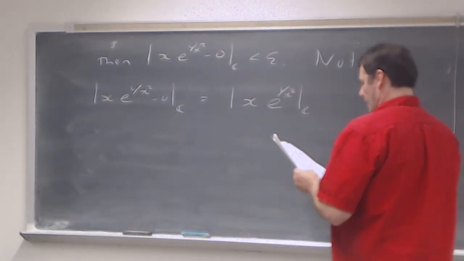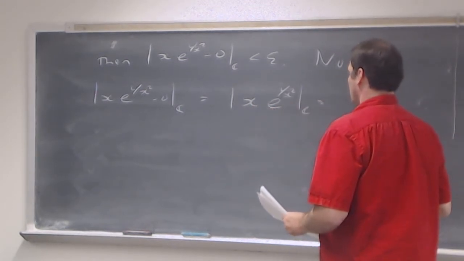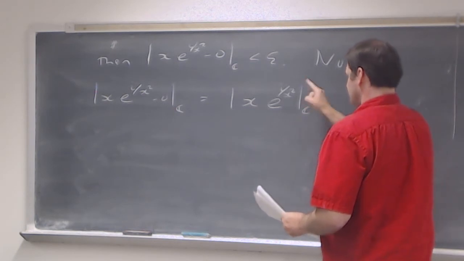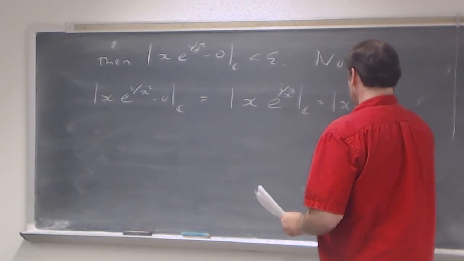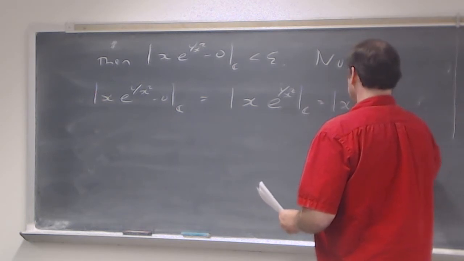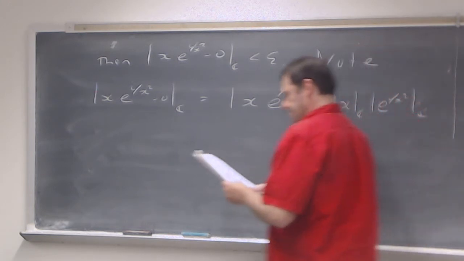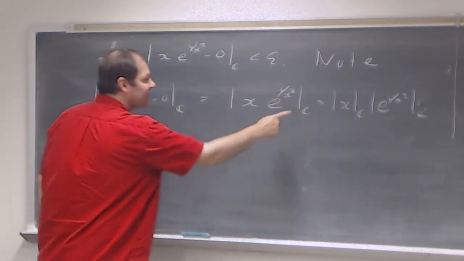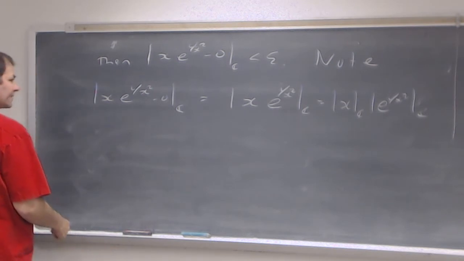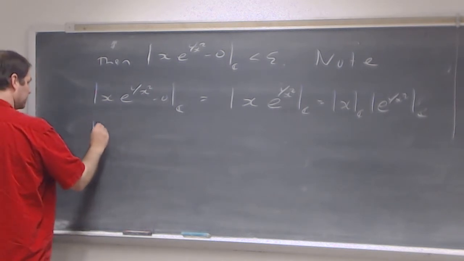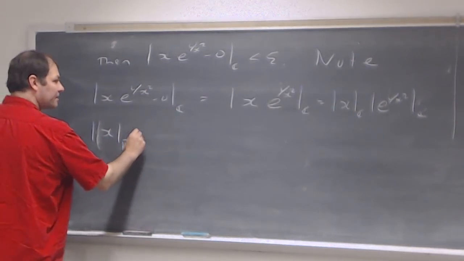When you think of these as two things, one of the things we proved with this absolute value, sometimes they use double bars, is that it is the absolute value of x in complex numbers times the absolute value of e to the i over x squared in complex numbers. And x can be thought of as a real valued function as well, and applying the absolute value to it is the same thing as absolute value in R. And then times,